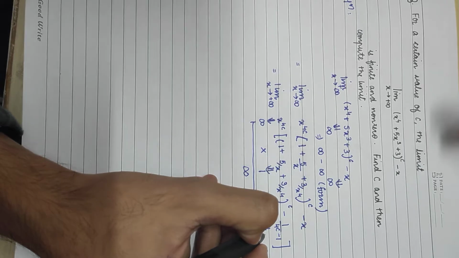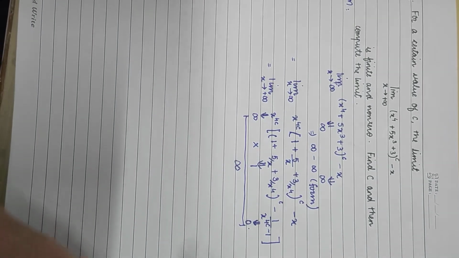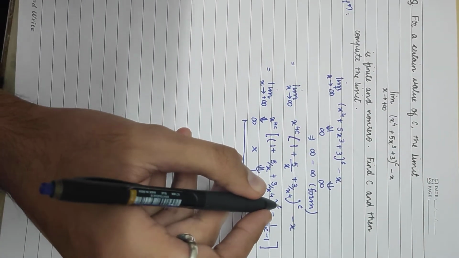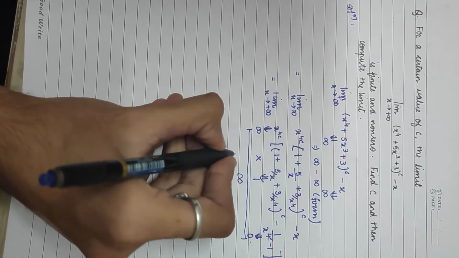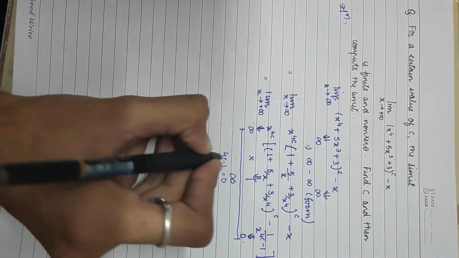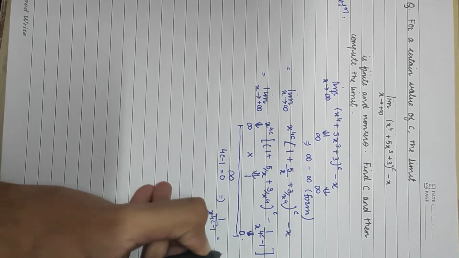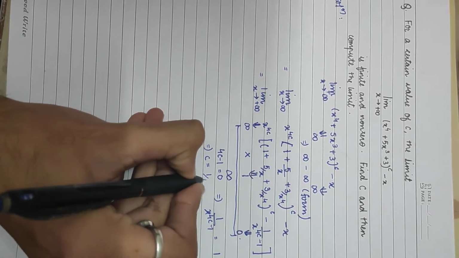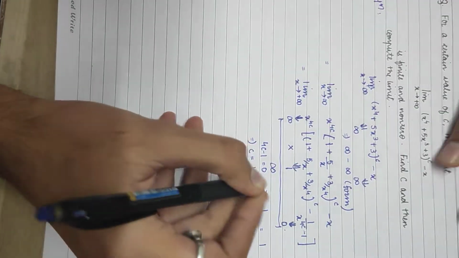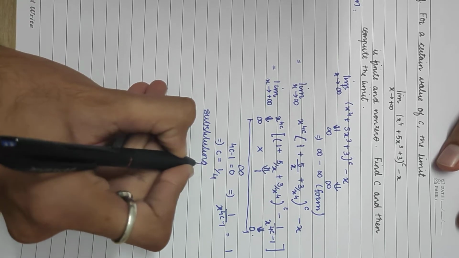So now to make it a finite limit, we are making an assumption: if it goes true we'll get c and we will compute the limit, and if we get the limit then it's quite sure that c is the value which we have assumed. We have to take 4c minus 1 to be 0, which ultimately makes 1 upon x^(4c−1) to be 1. So this implies that c is equal to 1 by 4. Now substituting c to be 1 by 4,